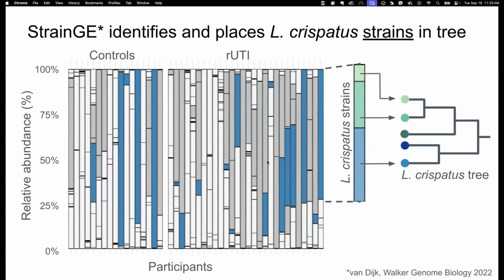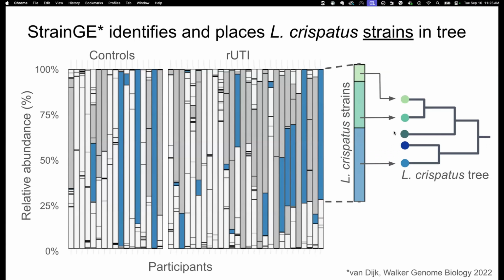And so I just won't talk about it much, but over the years we've developed techniques that allow us to go from a species-level view within complex community samples down to strains. Effectively, in this example, we have this one blue chunk of the bar. We can discern from it, in this cartoon example, that there are, for instance, 3 different strains of Lactobacillus crispatus. We can discern relative abundances, and importantly, we can place them on the tree of life. And then we can, of course, compare what we find in one sample to what we find